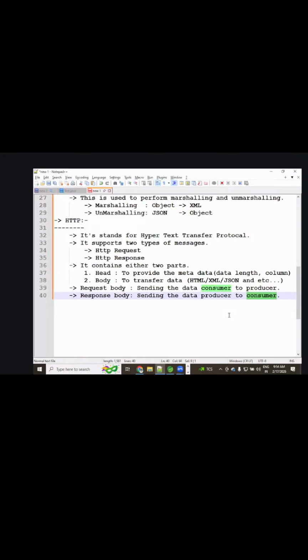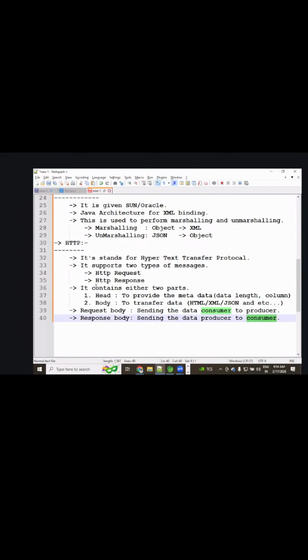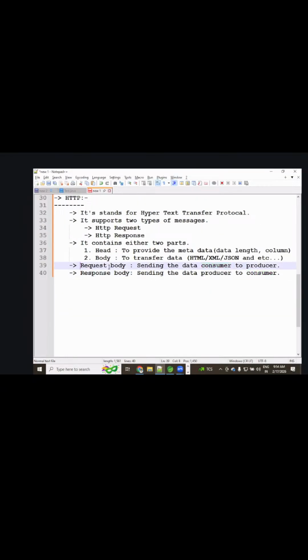I hope you got the clarity. The request body sends the data consumer to producer, but the response body is the reverse, producer to consumer. Okay, right.